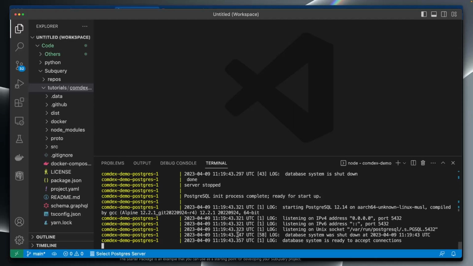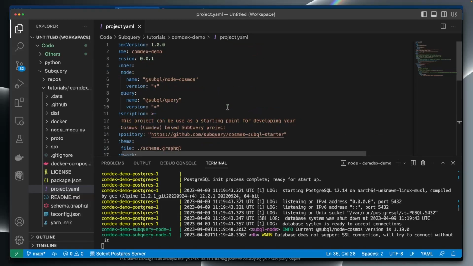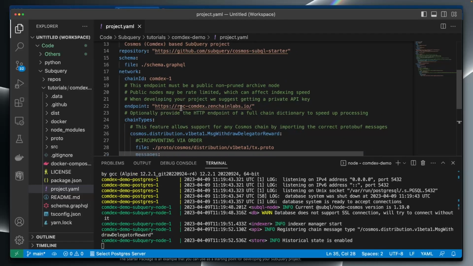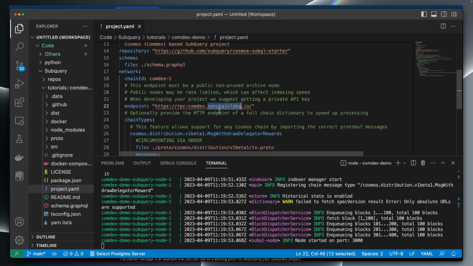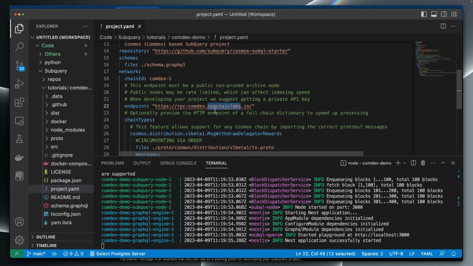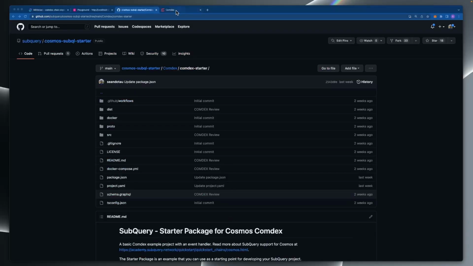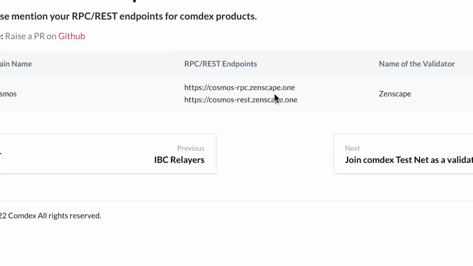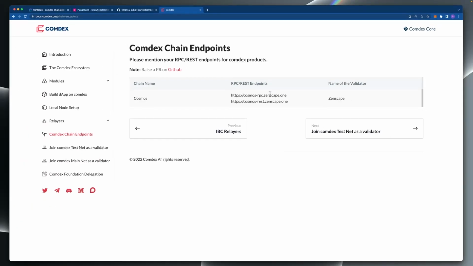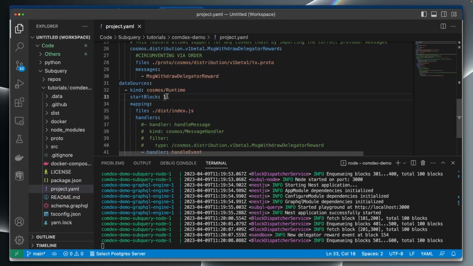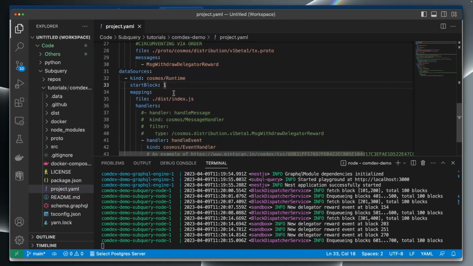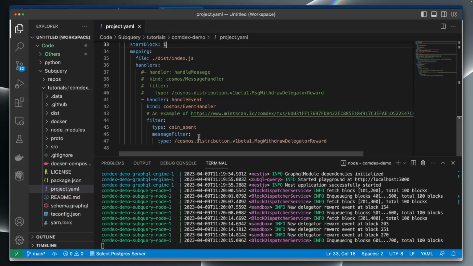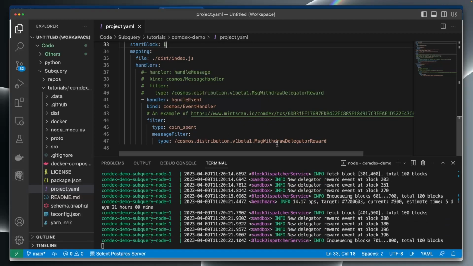So while the Docker container is spinning up, let's go ahead and take a look at the manifest file, where scrolling down here you can see that our endpoint is pointing to zenchainlabs.io. Other endpoints can be found at the Comdex documentation website. You can see here we've got the zenscape.1 endpoint as well. Going down, we're starting at the Genesis block number 1, and then we're filtering down here on message withdrawal delegated